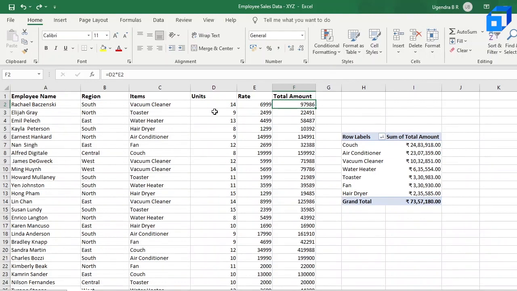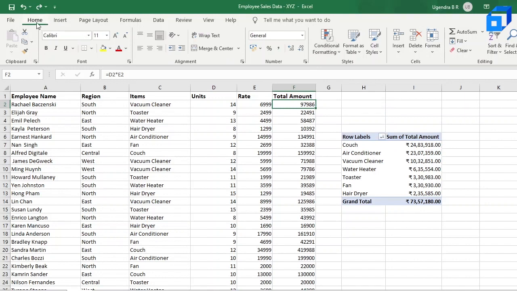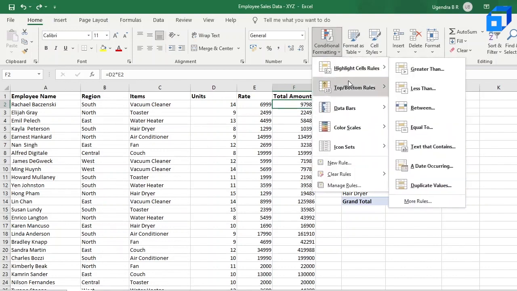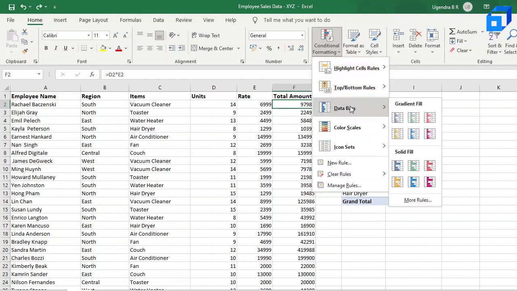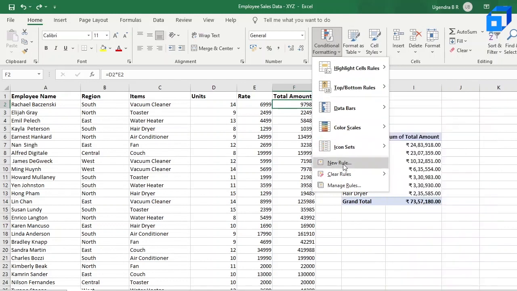If you want to find the conditional formatting option in Excel, you can find it in the Home tab, in the Styles pane. Over here, if you click on conditional formatting, you have different rules which are already present. So there's highlight cell rules, top bottom rules, data bars, color scales, icon sets, and you can also create a new rule based on your condition. And over here in manage rules, you can either edit, delete or create a new rule.